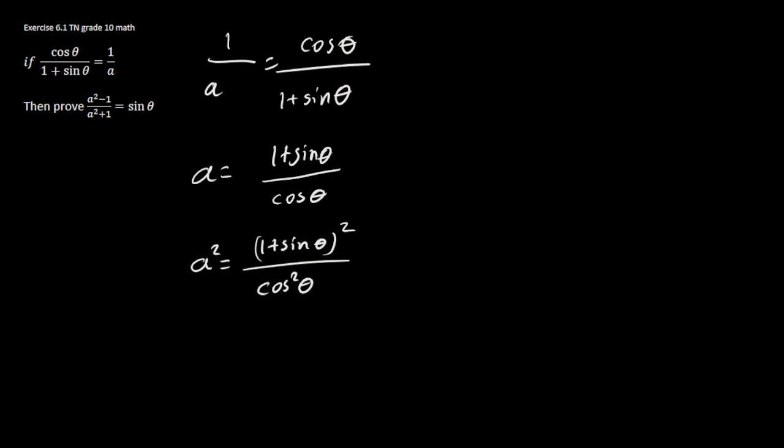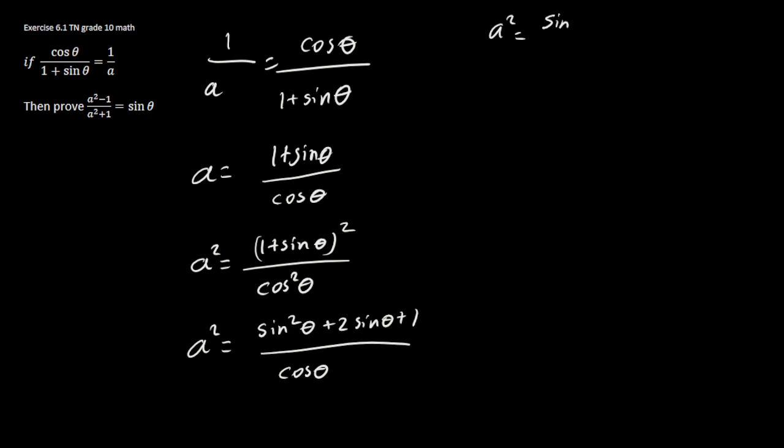And if we just expand this, we get a squared equals sine squared theta plus 2 sine theta plus 1 over cos theta. So let me just write that down here. A squared equals sine squared theta plus 2 sine theta plus 1 all over cos